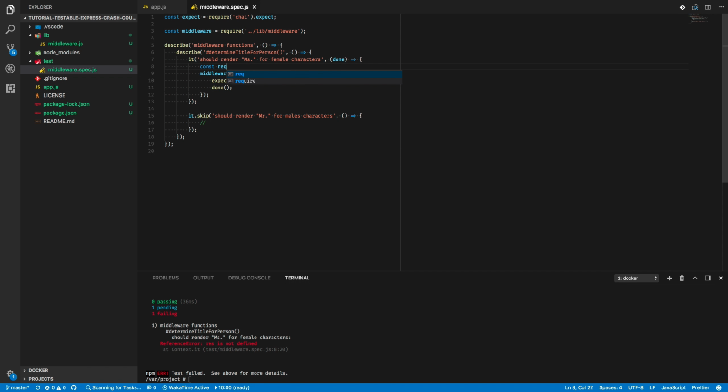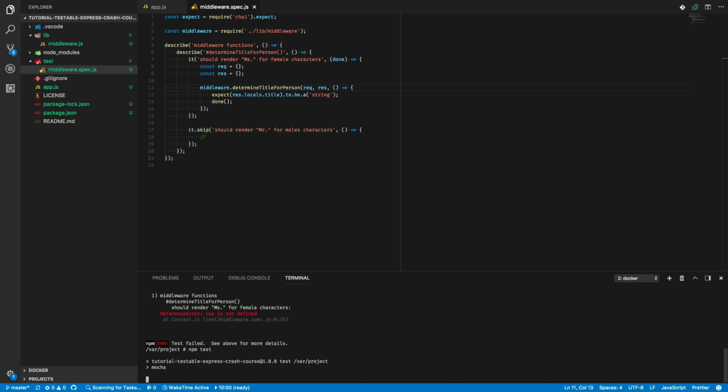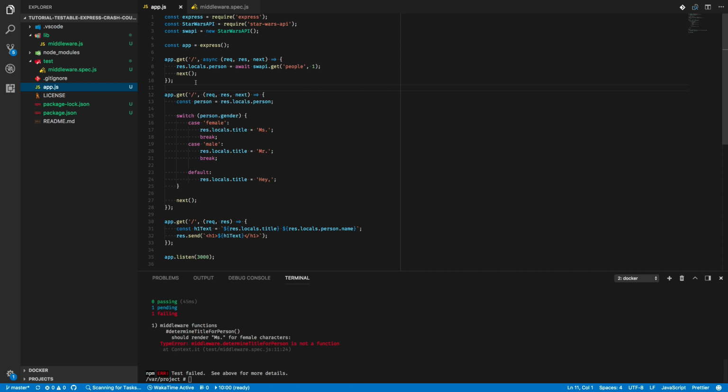Const request, const response. Now we'll get different errors. It'll fail again, but let's check out why. Okay, so this isn't a function. Let's make it a function. The first thing that we're going to do is go back into our app.js. This is our callback that we're trying to test. So let's take it out from here